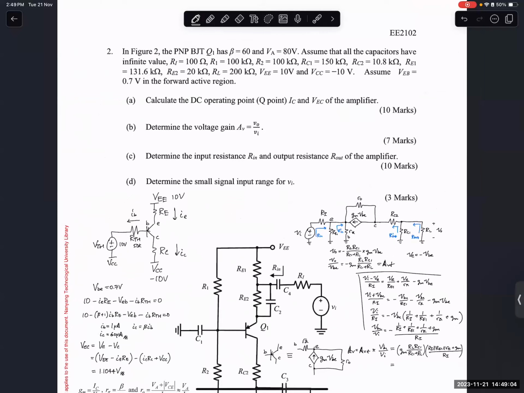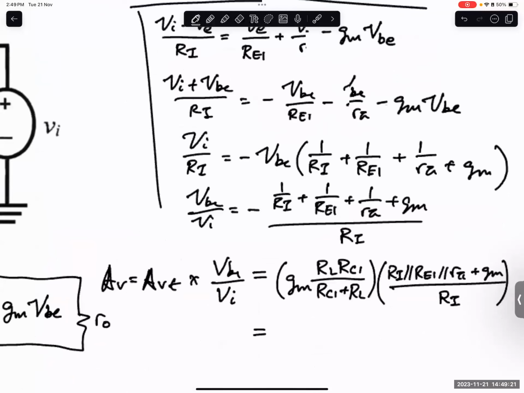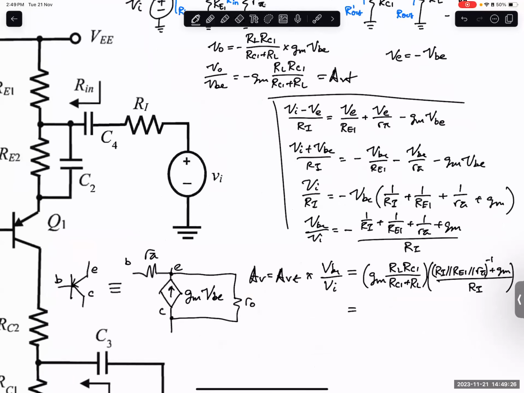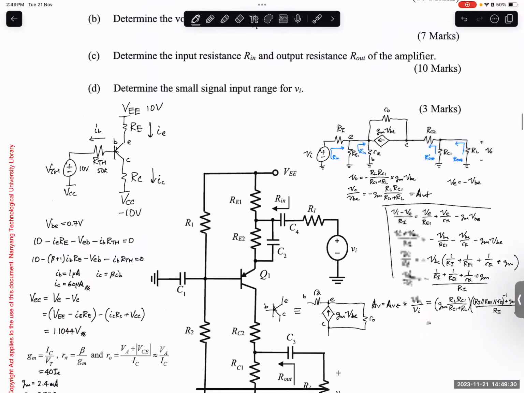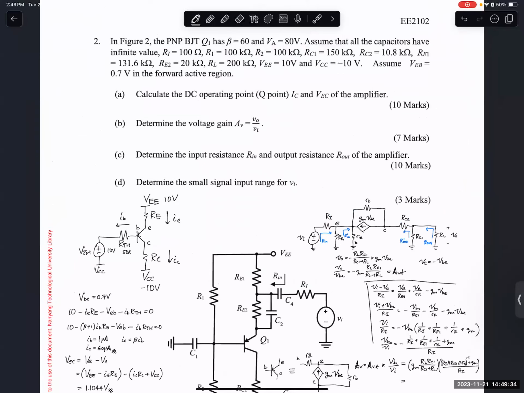RC1 is 150K divided by RC1 is 150K plus RL is 200K, times, I need to draw this inverse. That is RI is 100 ohms, divided by 100 ohms plus GM